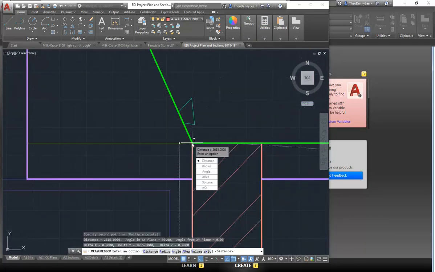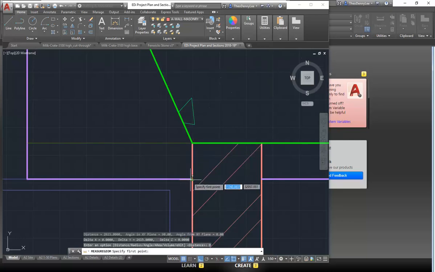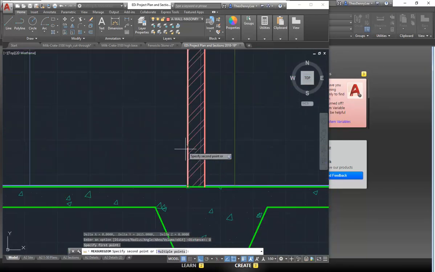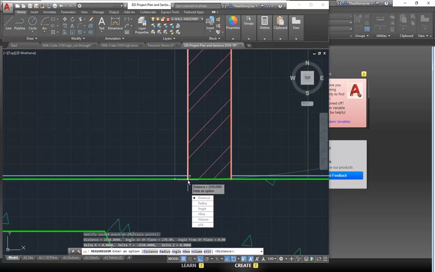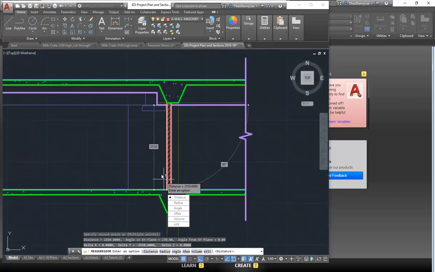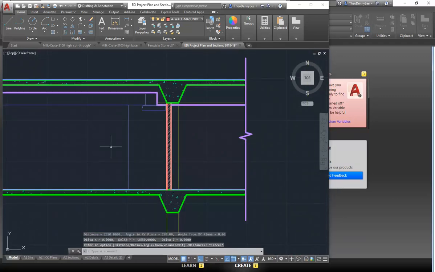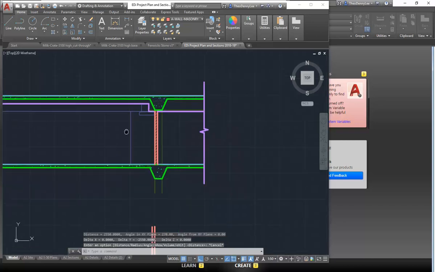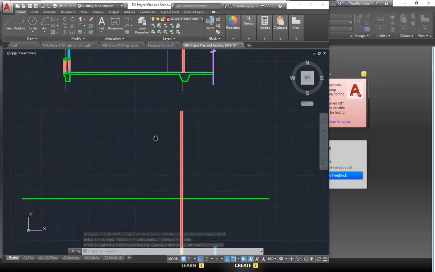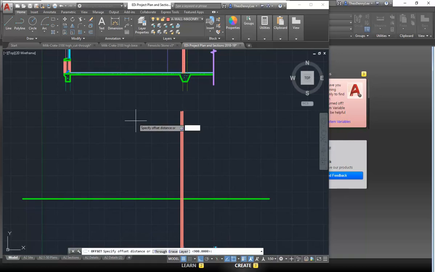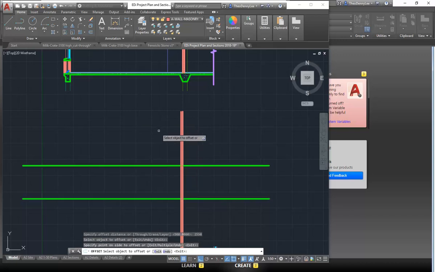and so what is it? 2615, and so to the ceiling it was like 25 something, let's say, yeah, 2550. So that's what I need to know. So 2550 to the ceiling, and so maybe I'll just do that first because that's one that you could have worked out. So 2550 is what I'm offsetting from that line, clicking above,